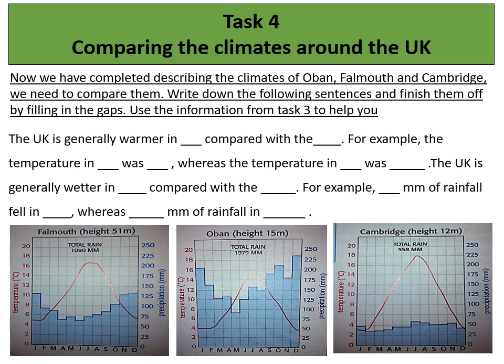Well, we need to identify which area has the warmest temperatures, and I would say it was either Falmouth, which is 17, or Cambridge, which is 18. So we'll say Cambridge. So the UK is generally warmer, and we'll put in here in Cambridge,